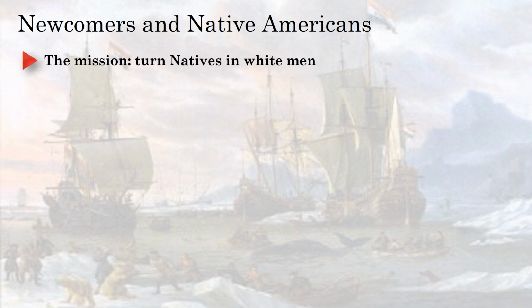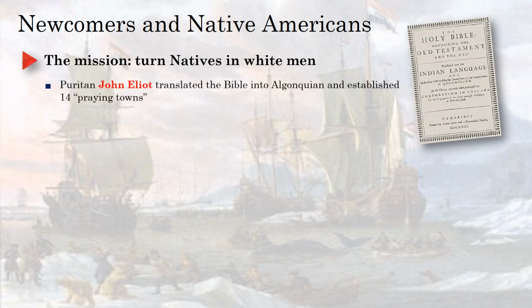Still, this is the mission of the praying town, is to essentially turn natives into white men. That's what the Puritans see as being the main mission. So the Puritan minister, John Eliot, took the lead in doing this, and he was sincere. He wanted to spread the gospel among the Indians as best as he could, and so he translated the Bible into Algonquin, which is the language of the major language family among the Indians there, and established 14 of these